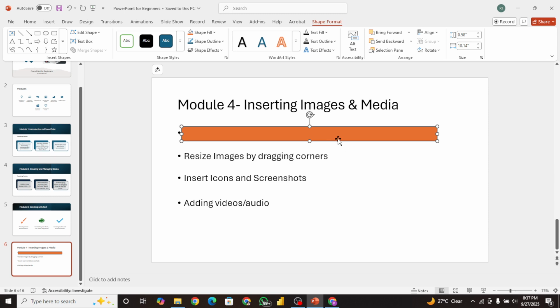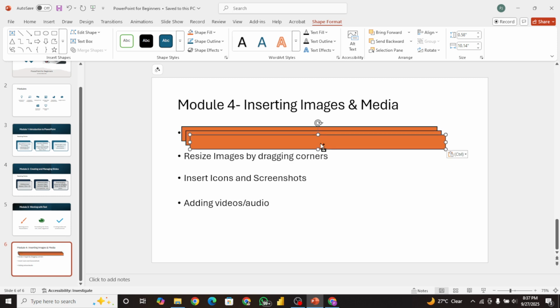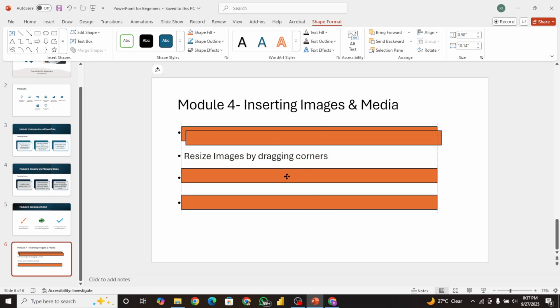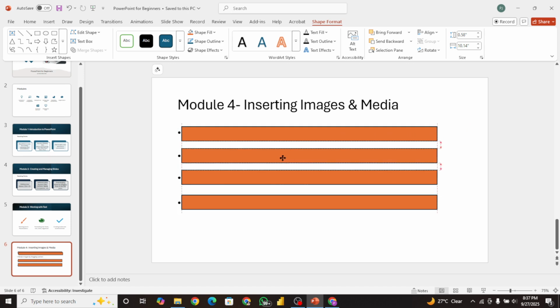So I'll right click, Control C, Control V, Control V, and Control V. So I'll add them on top of this. Add them on top. So the next thing I'm going to do, I am going to